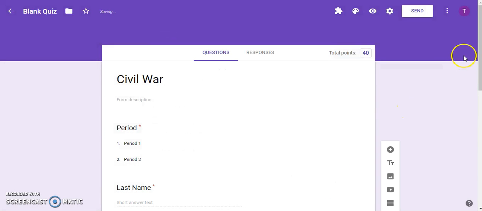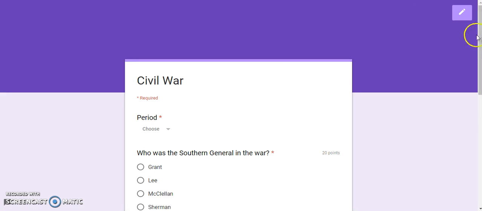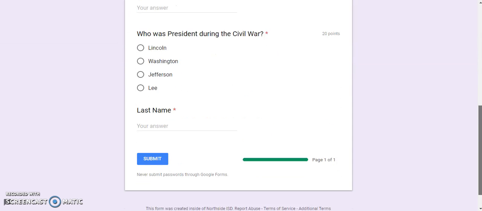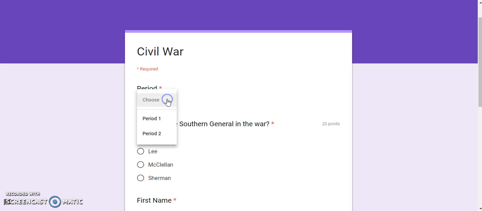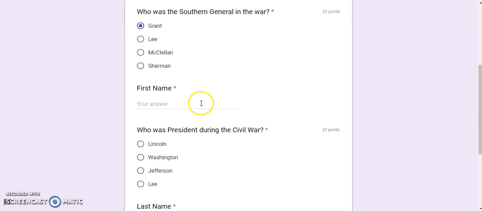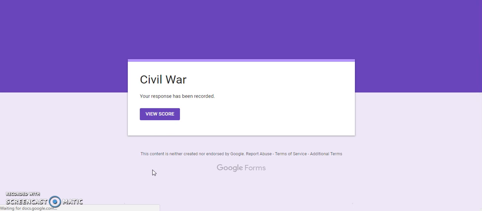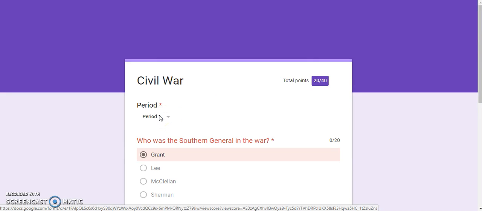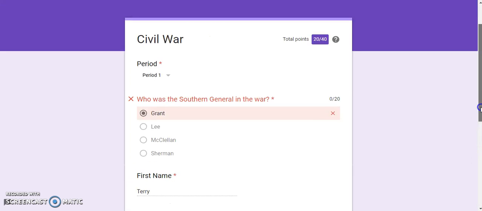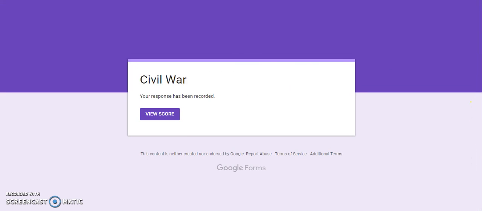So I'm going to save, and then once I do that, I can go up and preview the document. And so this is what it would look like, and you notice how it's scrambled up my questions and answers. But let's pretend I go in here and I took it like one of the students. I come in and click submit. Now notice I can view my score, and I got a 50 here. I missed 1 out of 2 questions. So with that,